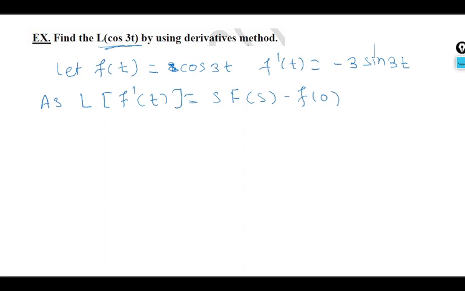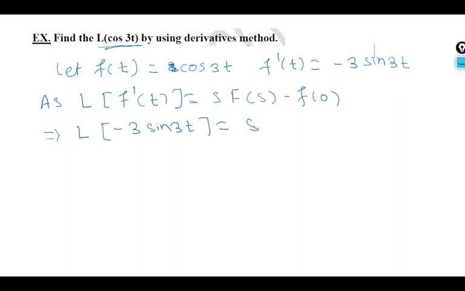So we can do the reverse also. This is Laplace of f dash of t, meaning Laplace of minus 3 sine 3t we will get, and from that we want Fs. What is Fs? Fs is the Laplace of f of t. Correct. So this gives us, just replacing on the left hand side, Laplace of minus 3 sine 3t,